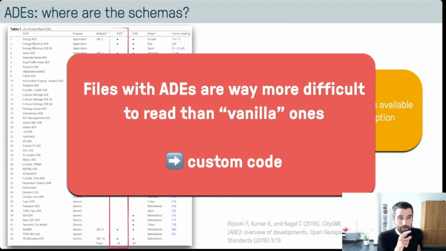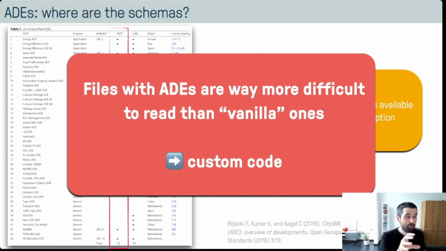This is why I regret developing ADEs: when you develop an ADE, you basically take a very complex file and then you add more complexity to it. And the idea some years ago is that we could automatically generate code to parse ADEs based on the XSD, but it's not really a reality. And I know that some of you might say, well, I've succeeded for some cases. I know, but in general, if you put all your data into an ADE,